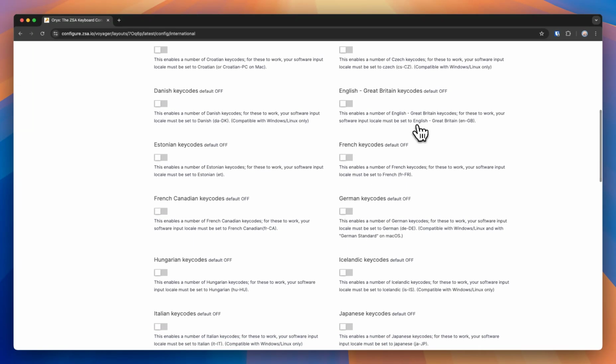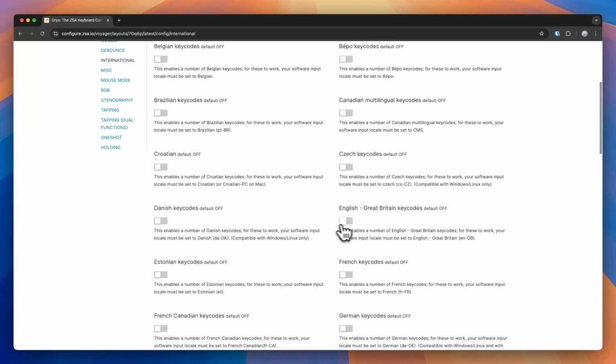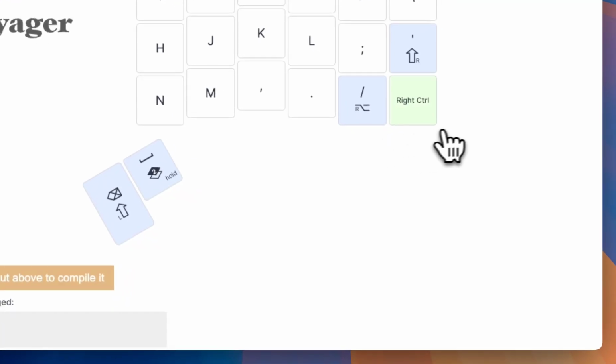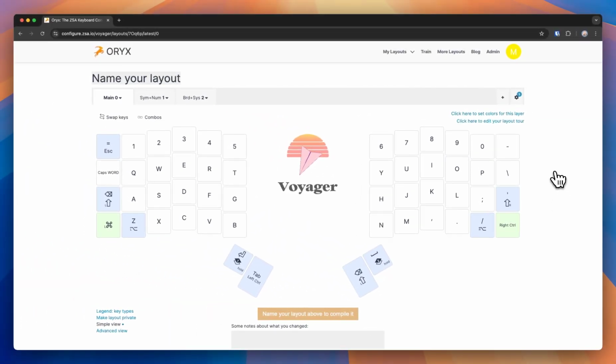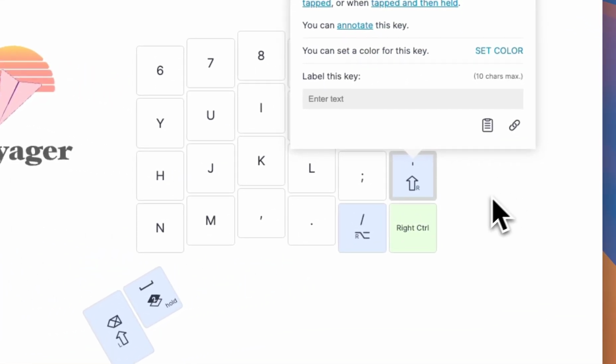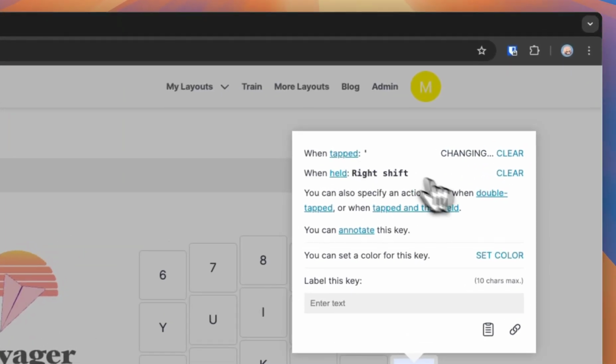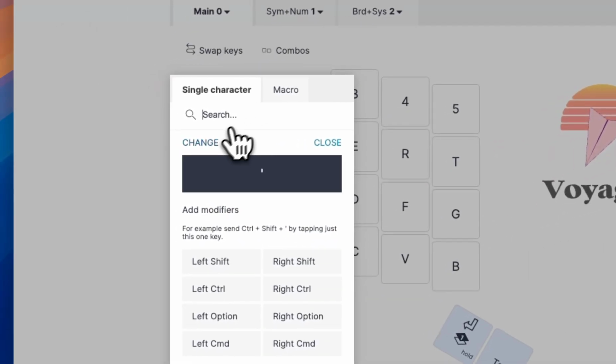We have a bunch of different key codes available here. For purposes of demonstration, we'll enable the ENGB key codes. We'll come back here, and then the most streamlined way to do this is as long as your OS is set up to use the ENGB layout, the Great Britain QWERTY layout, just replace any character that has a ENGB/UK variant with that variant. So that sounds a little confusing, but in practice, what it looks like is very straightforward.